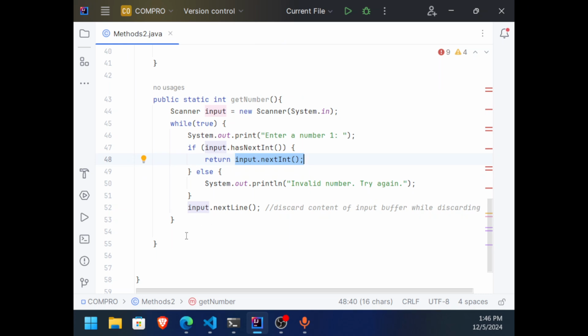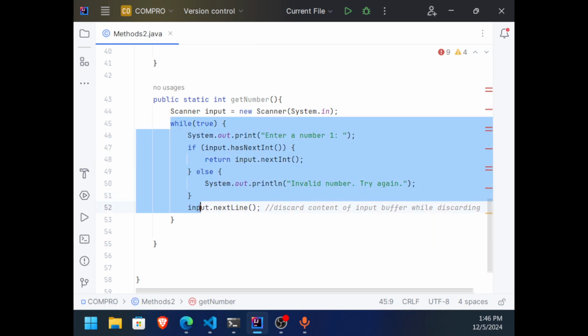prematurely. When I say prematurely, typical return statements are found at the end of the method, like what I gave you as an example. But a return statement can be found anywhere in the body of the method. Like in our logic, when we have already captured a valid number, we want to return it immediately. And it's going to terminate the while loop after that.